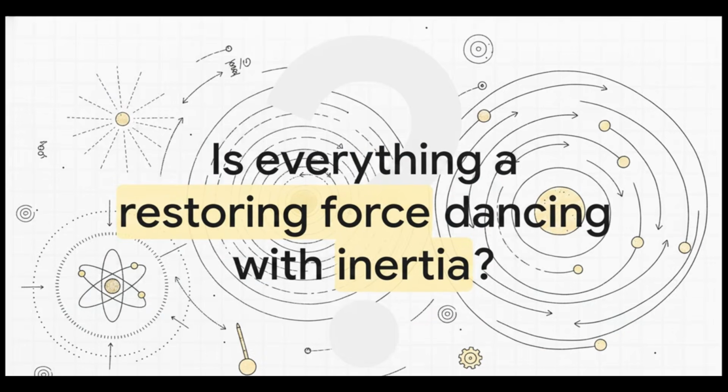As we wrap up this explainer, I really want you to chew on this final question. If the invisible microscopic compression of atomic bonds and the massive sprawling orbital mechanics of our universe both share this exact same mathematical DNA, what else in your daily life is secretly just a linear shadow of a spinning circle?